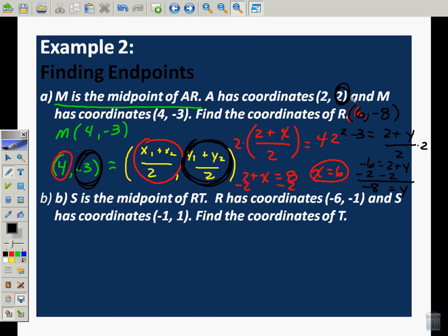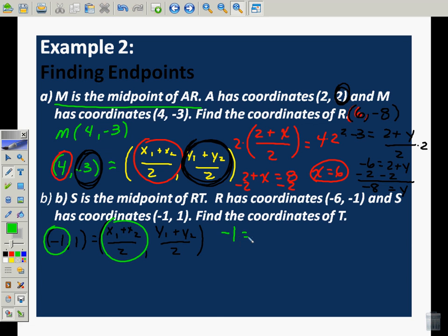Okay, we're back. S is the midpoint of RT. R has the coordinates 6, 1. S has the coordinates of negative 1, 1. So if S is the midpoint, we are saying negative 1, comma 1 is equal to x1 plus x2 over 2, comma, y1 plus y2 over 2. Okay? We're going to set each of the individual pieces equal. Okay? So I'm going to say negative 1 equals